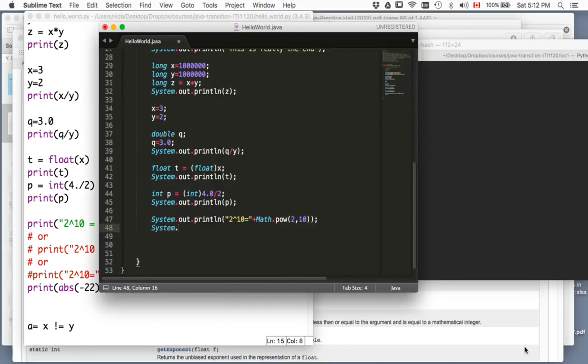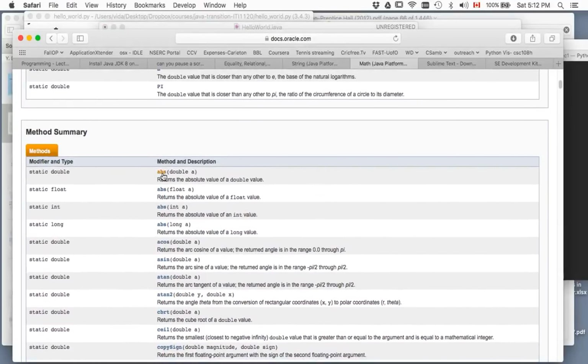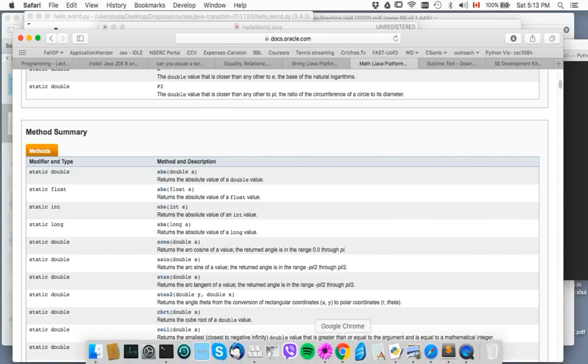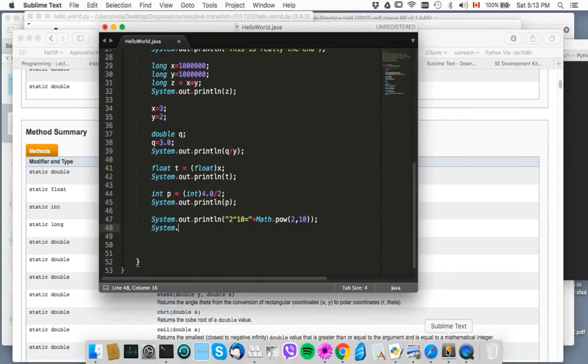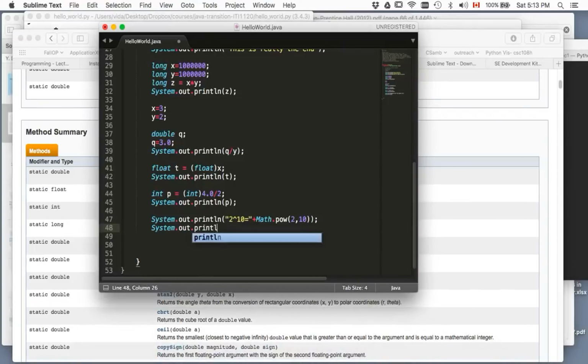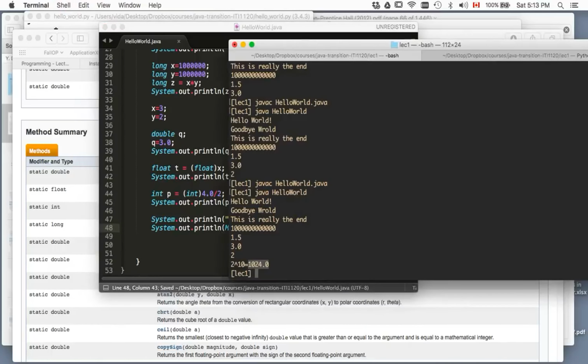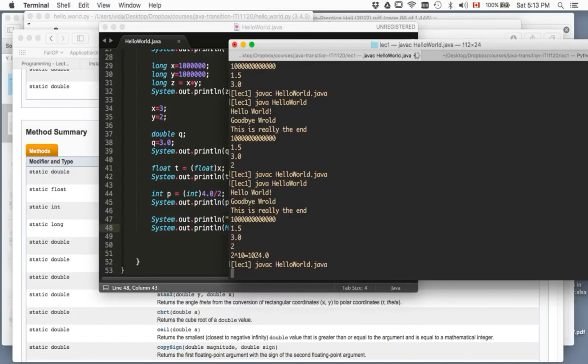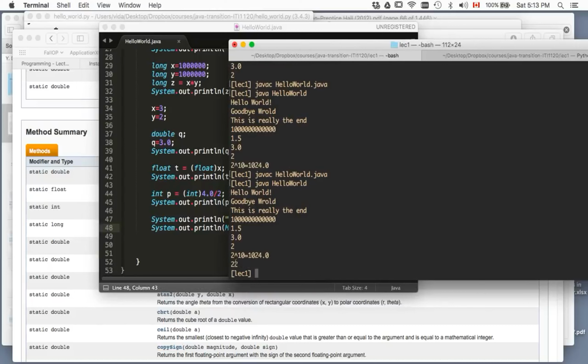Something else you may want to do that is in that math class is converting a value into an absolute value. So we can call this method in a similar way. For example, we can do println. Forget the string. Let's do just math.abs. That's the name of the function. We want the absolute value of -22, and then let's not forget the semicolon. So now at the end, it should print